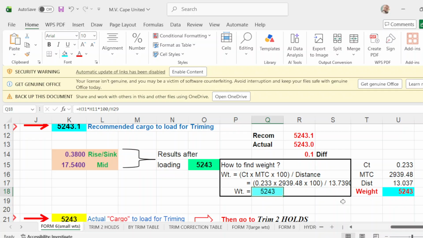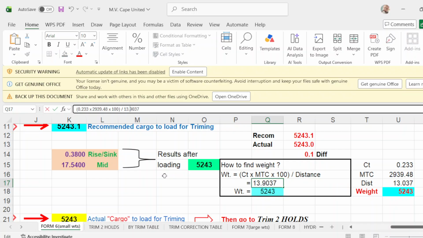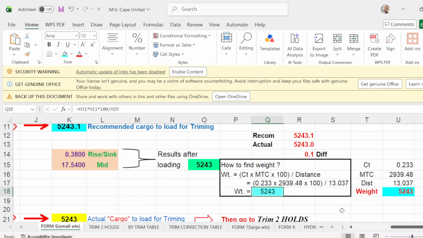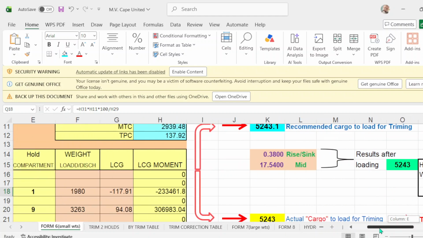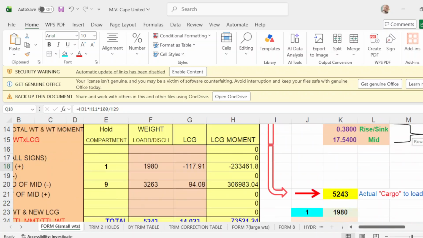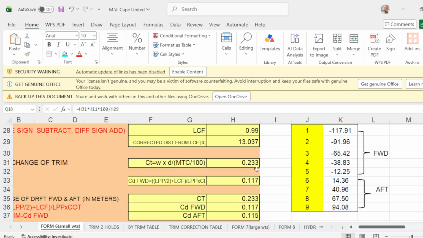239. Distance is 13.037. Okay. Check. Change of trim is 233.